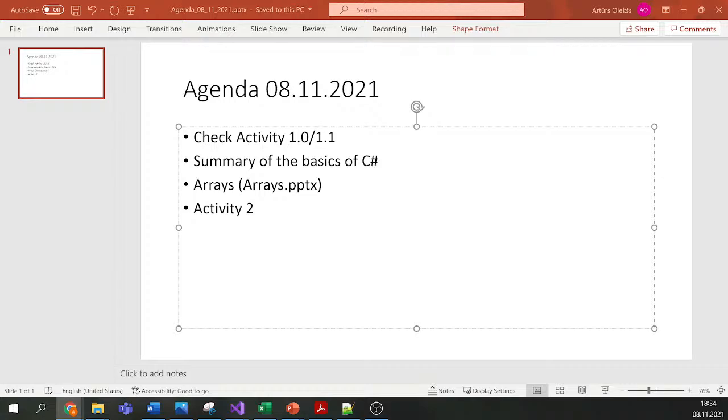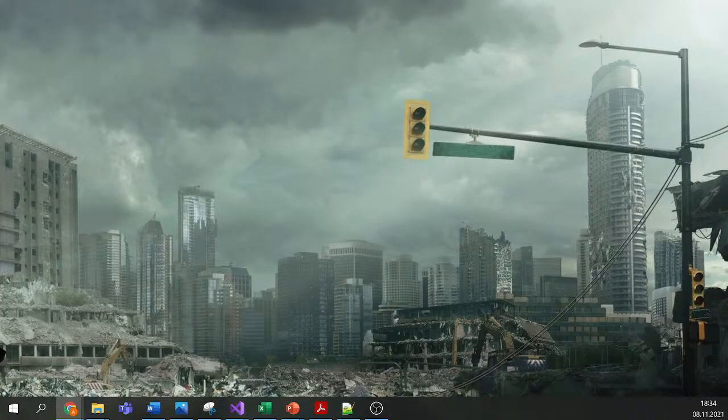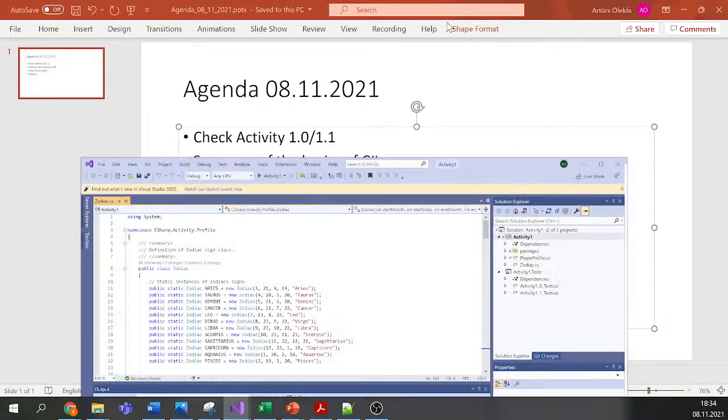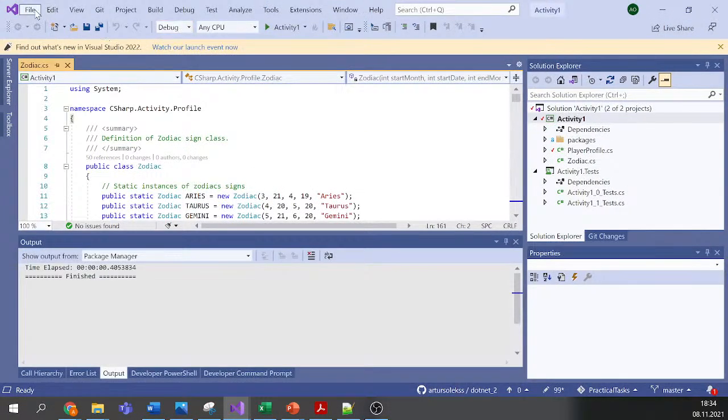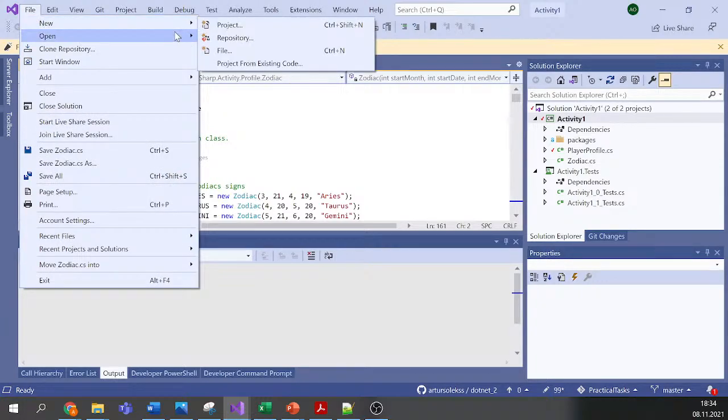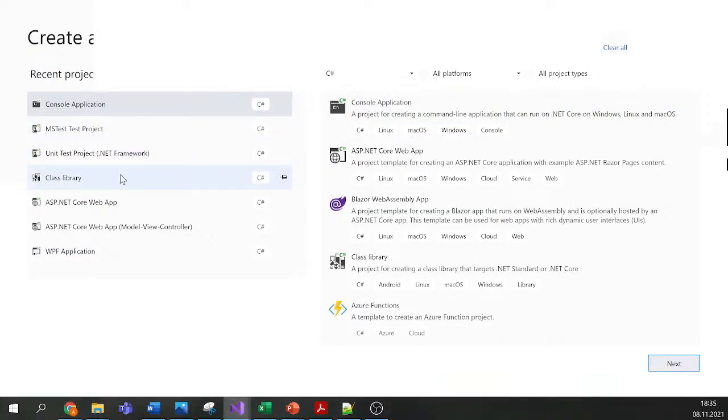Okay, so then let's move to the solution. We had two parts, and first of all, the first part, when you had to create the project, I hope that was clear for everyone. Simply create a new project and create it as a class library. So why didn't we create it as a console application? Because in this case, we do not want this particular class to be executed. We just created it as the